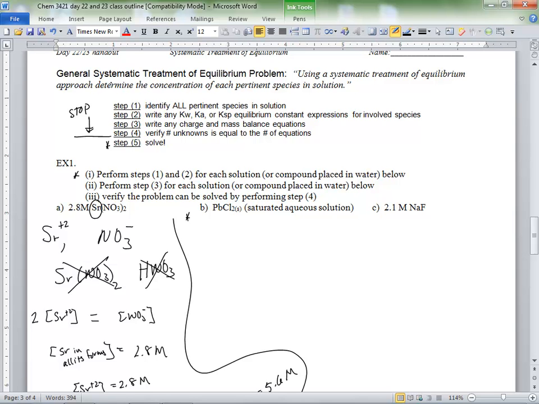And then once you identify all the species that are there, go on to step 2. Write any KW, KA, or KSP expressions. So this would be